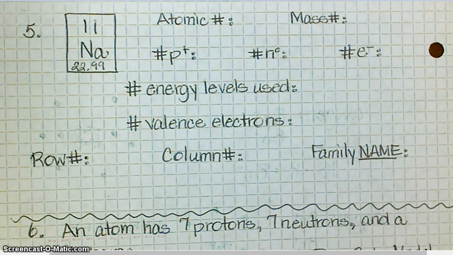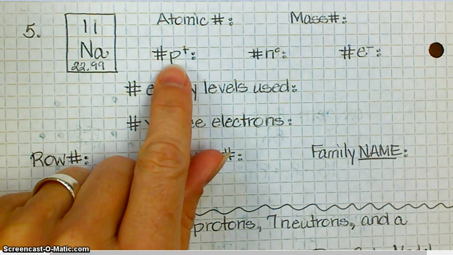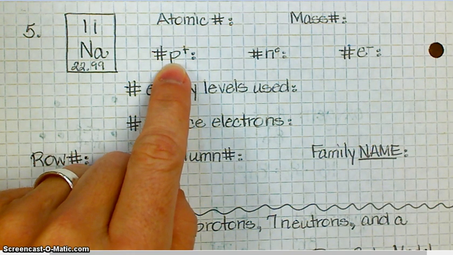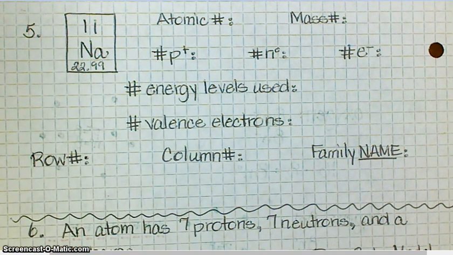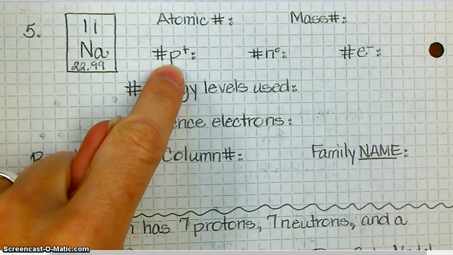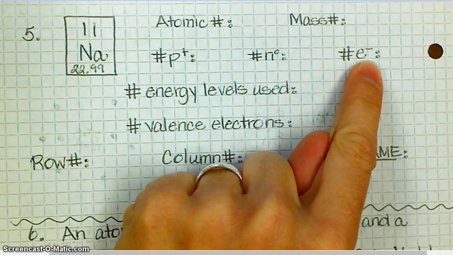Notice I'm not writing these down because I'm hoping that you are listening and following along. The number of protons, remember, is the same as the atomic number. So if the atomic number was 11, then we have 11 protons. Also, as long as we can assume that the atom is neutral, that is the same as the number of electrons. Remember, ape man. Okay, so the atomic number is 11, number of protons is 11, number of electrons is